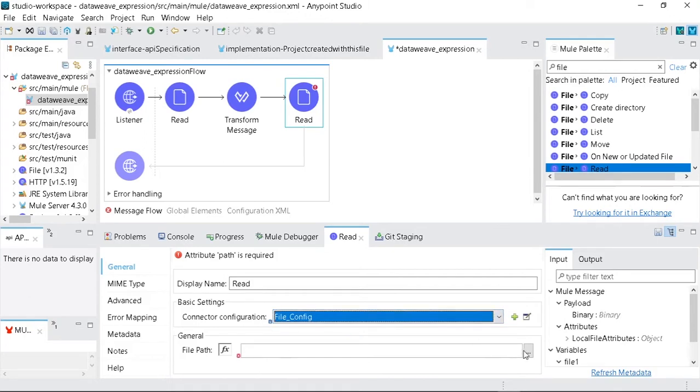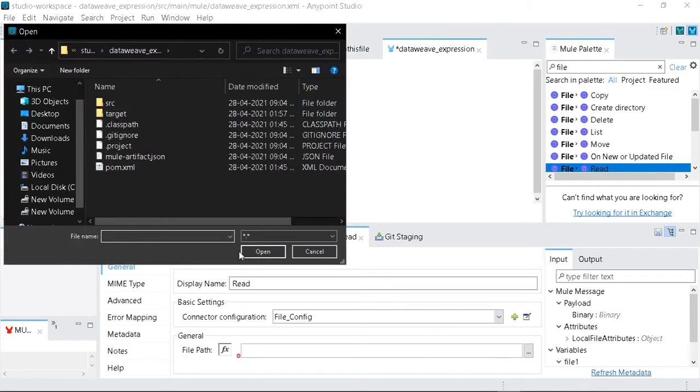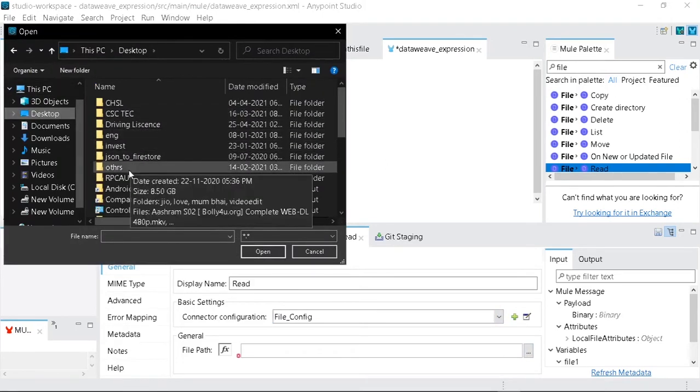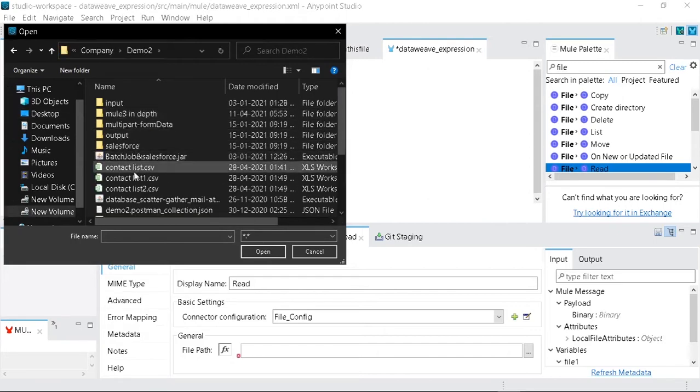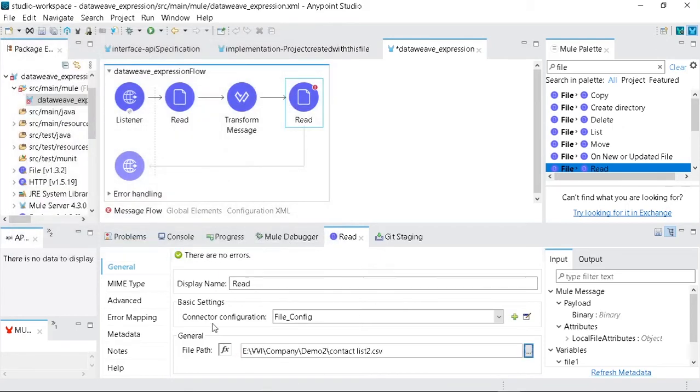And I will select the file. So this is the contact list 2.csv file. Now I will read this file, and I want to save the content of this file in the payload.